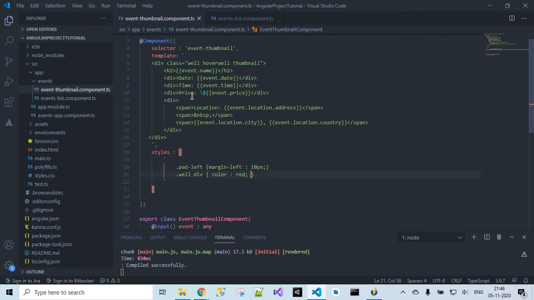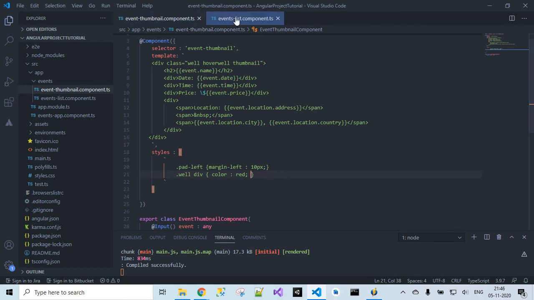So whatever data of the event we want to display on our web page will be displayed in red color. That is what this means. And padding-left, we want to apply some padding and margin to the left with 10 pixels. Okay, these are the changes I want to make in my child component class.